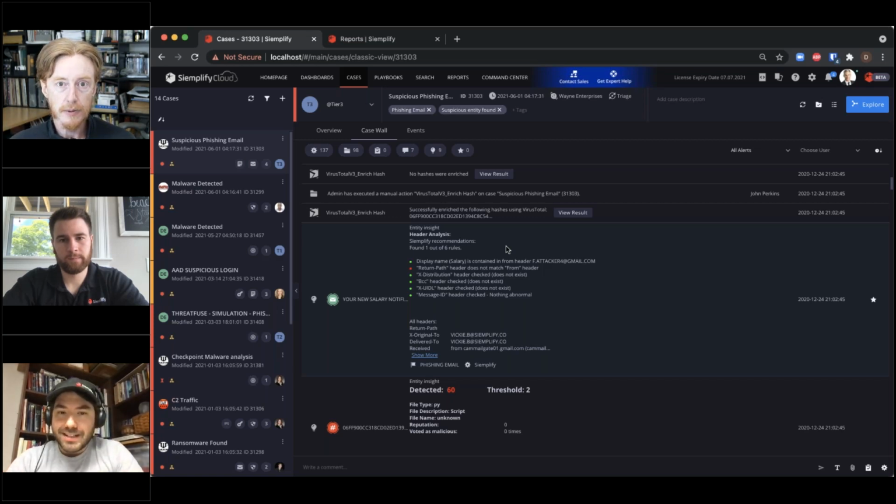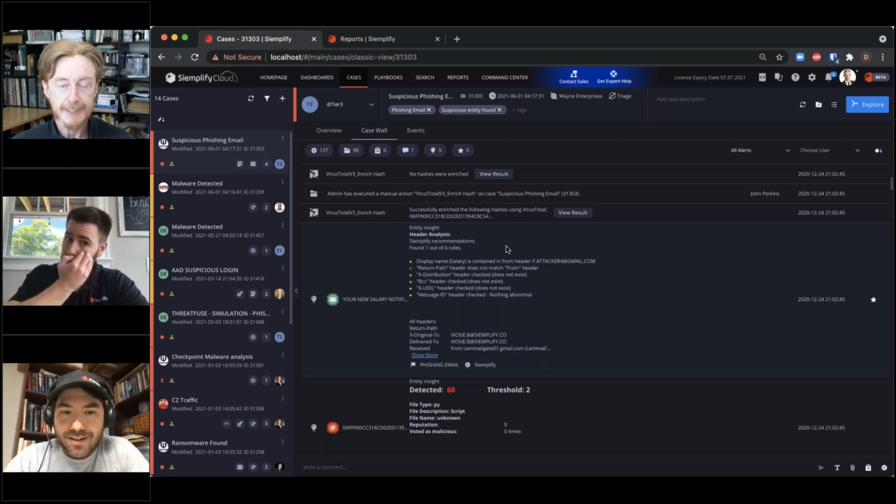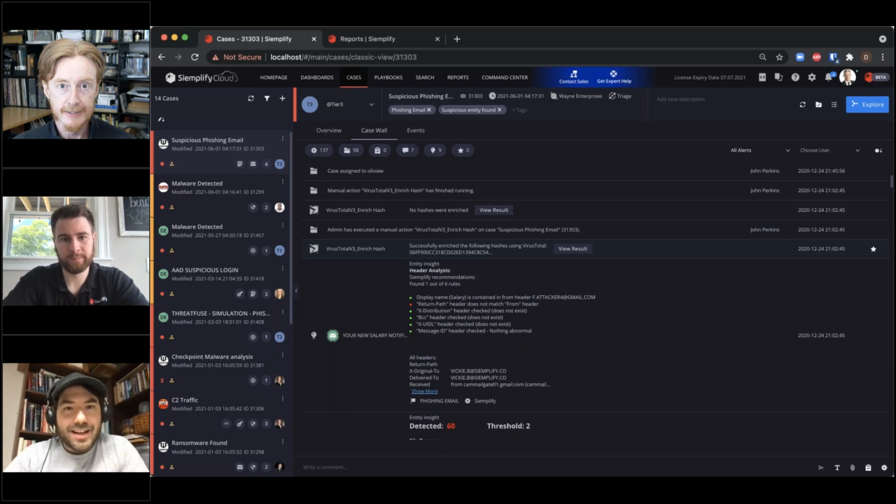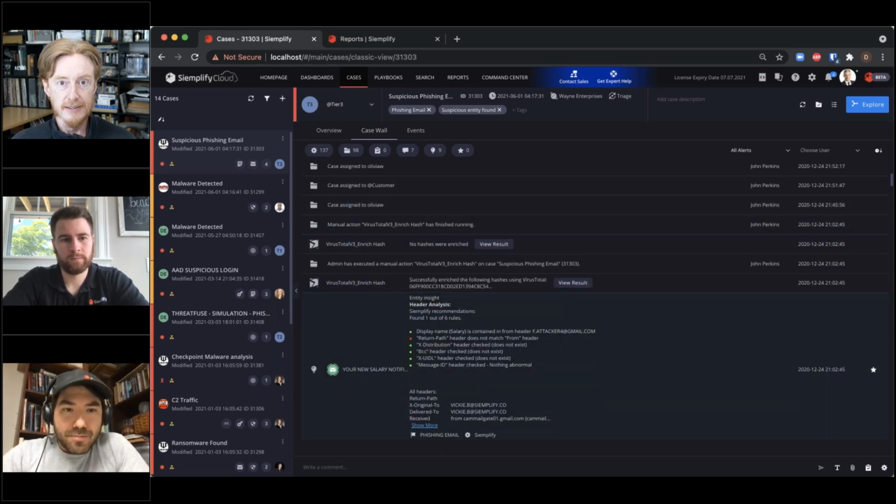Why did we close out that incident as not malicious when we're finding out later that maybe it was actually malicious? We can come back in here and say, based off of what we saw, nothing really looked bad at that specific time. I can look at the results that came back from VirusTotal at that time, or whatever threat intel source I see. I can see any comments made by the analysts within this case wall. I can even create a report of all the data that I have here.